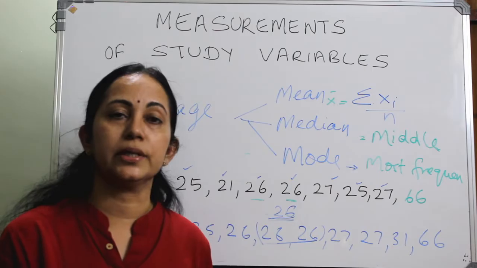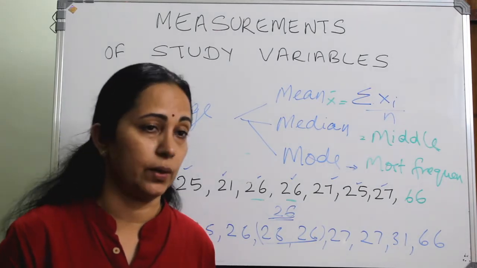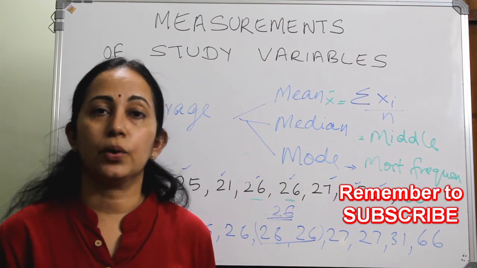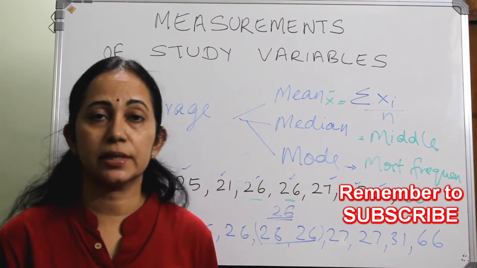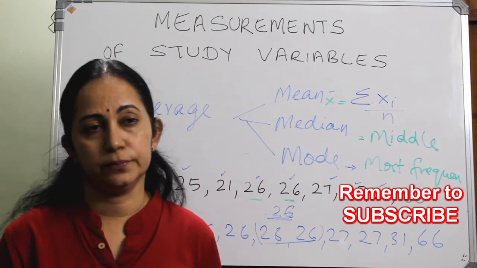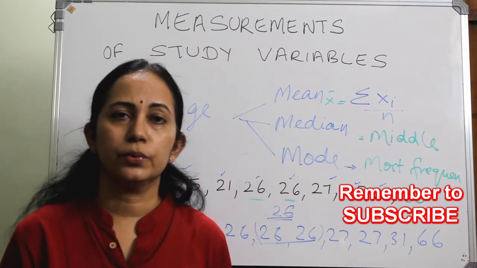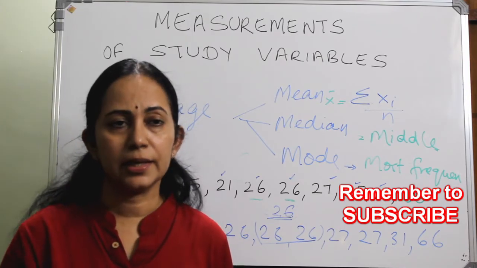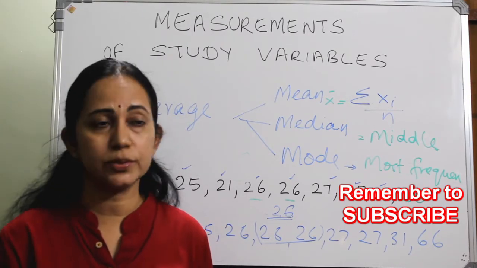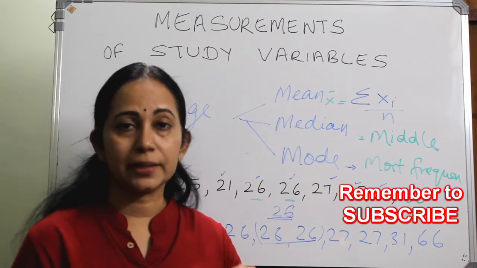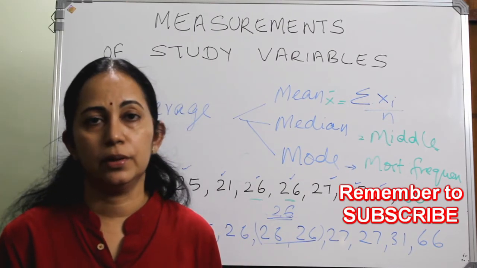And mode is the most frequently repeating one. Okay. In all these cases, whether it is a mode, median or mean, you might have noticed that we are getting only a single value. So for example, a person wants to learn swimming. He just learned swimming, he is not good in swimming, and he wants to practice swimming in a swimming pool.